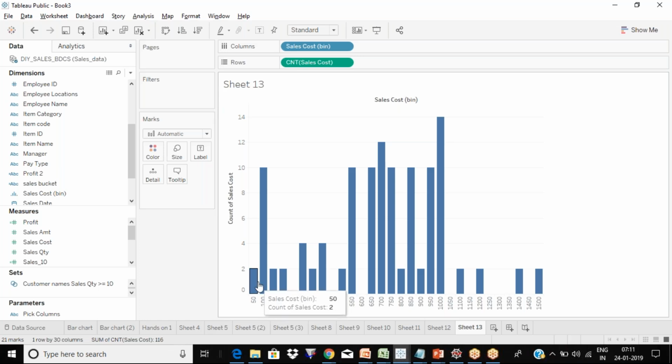Is, you know, less than 99, there are 50 records. So it is like 50, 100, right? So from 100 to 149 will fall under this bucket. From 50 to 99 will fall under this bucket. That means below 99 there are two sales cost. From 100 to 149 there are 10 sales cost. That means there are 10 rows. Now